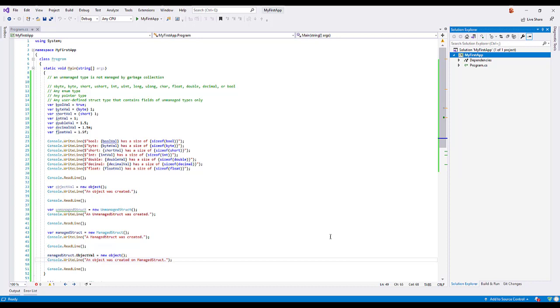Welcome back. We're going to deal with unmanaged types. So let's first succinctly define what an unmanaged type really means. An unmanaged type is not managed by garbage collection. That's what it means. So in the .NET framework,